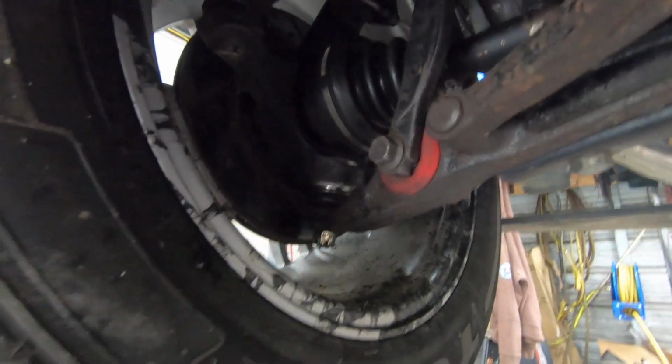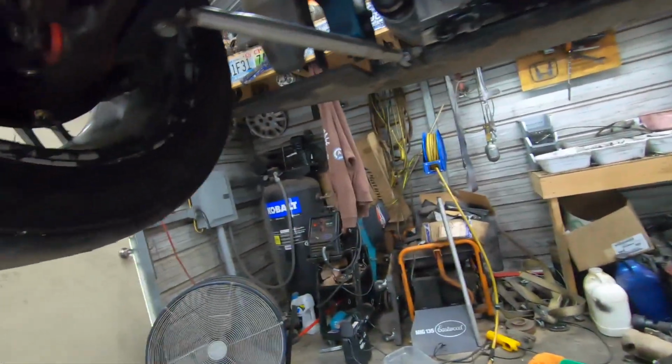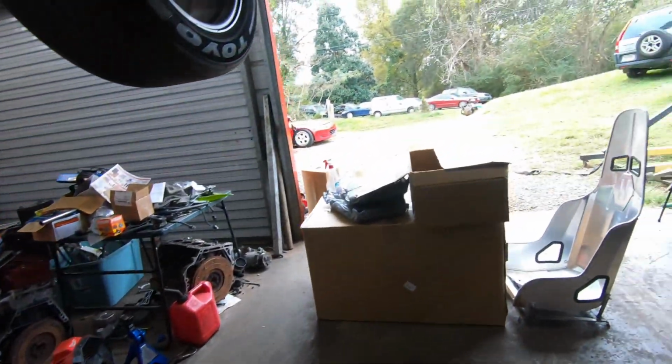So you can see there more of those Energy bushings on this side. And it also has the hard race ball joint over there, and all this grease on that wheel is from that boot. That wheel was over here, so I've just got to clean all that back up on my wheel, but these wheels are not included with the car. But yeah, back here